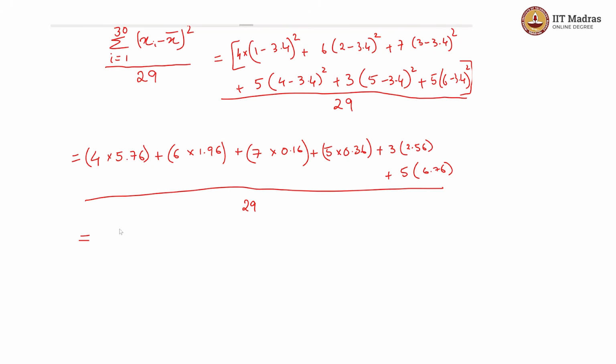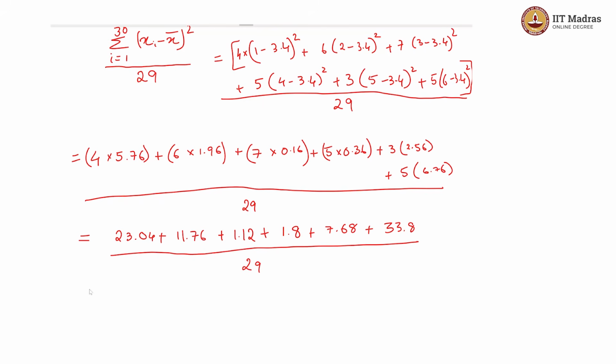And simplifying further, we get 4 into 5.76 is equal to 23.04, plus 6 times 1.96 is equal to 11.76, plus 7 times 0.16 is equal to 1.12, plus 5 times 0.36 is 1.8, plus 3 times 2.56 is 7.68, plus 5 times 6.76 is 33.8, the whole thing divided by 29, which gives us further